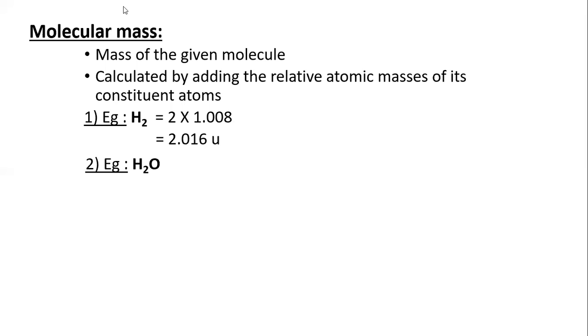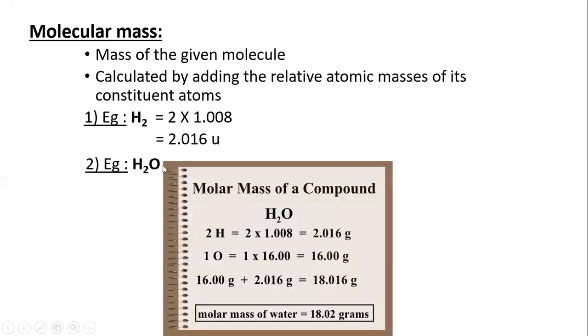Here this H2O is said to be a molecule. So in this water molecule, H2 is one element and here is another element. What's the constituent atom here? 2 is the constituent. Here no number, so no number means it is considered to be 1. Now we'll see the molar mass of this water molecule.